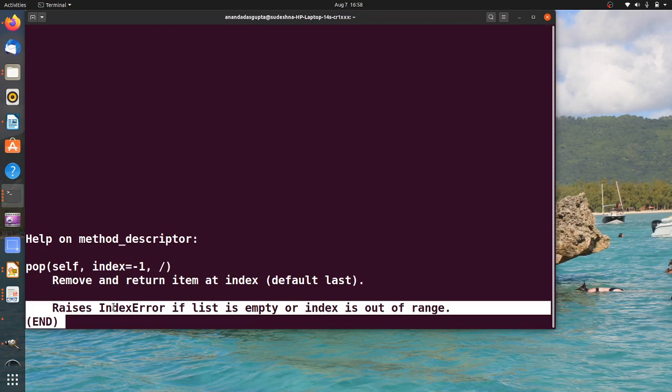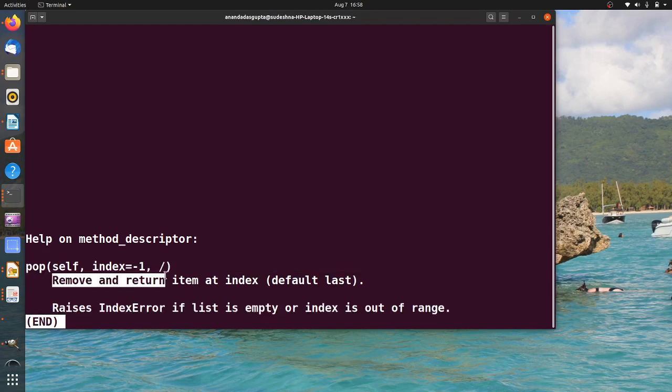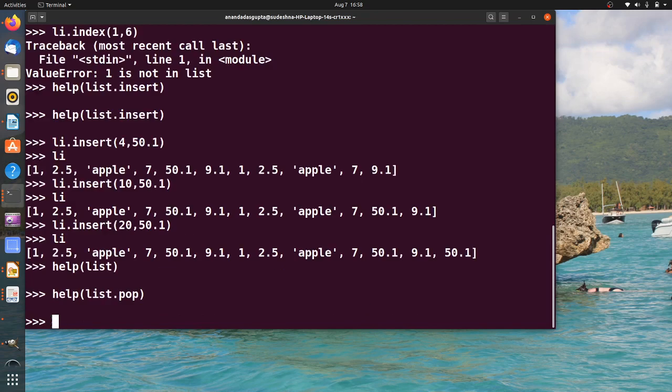Okay, so let's see what this means. But what is critically important is this. It says remove and return. Okay, return means it's going to give you back something. When you call the method it gives you something. I've already seen examples of methods which return stuff. Just to remind you,